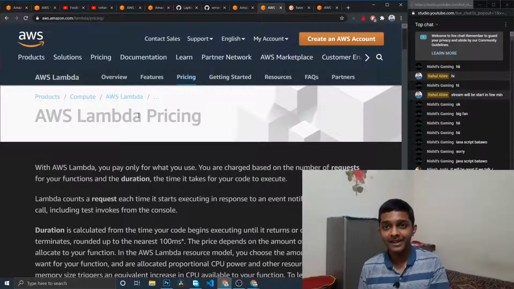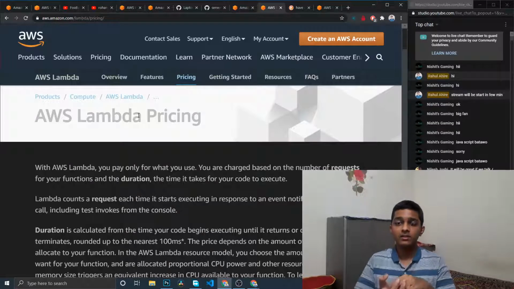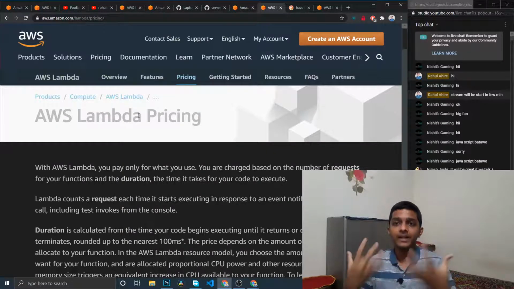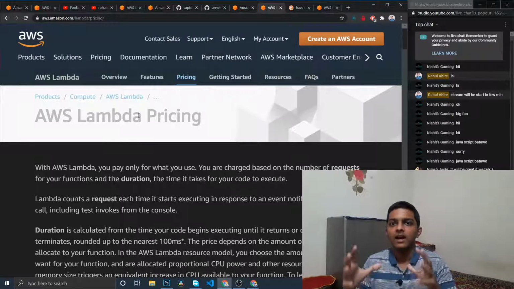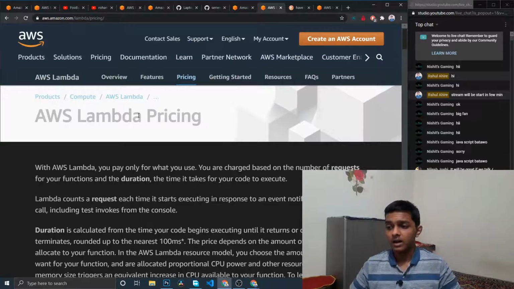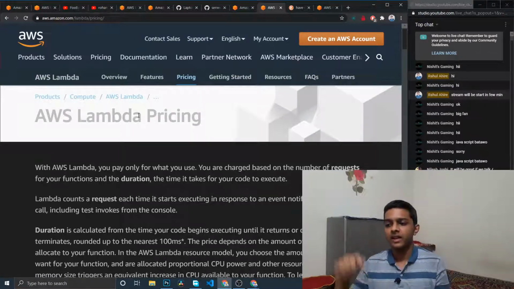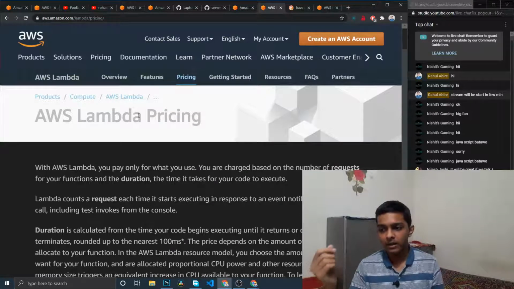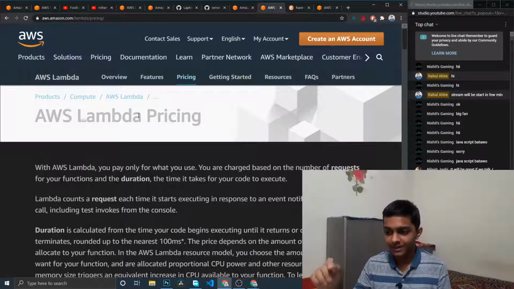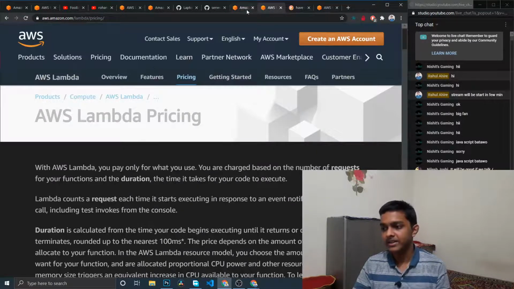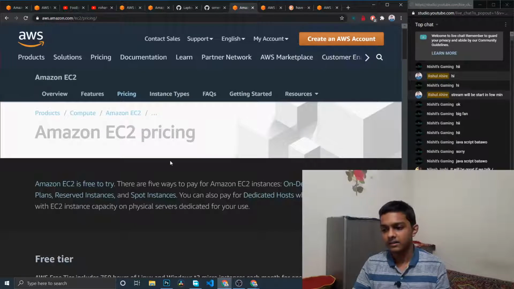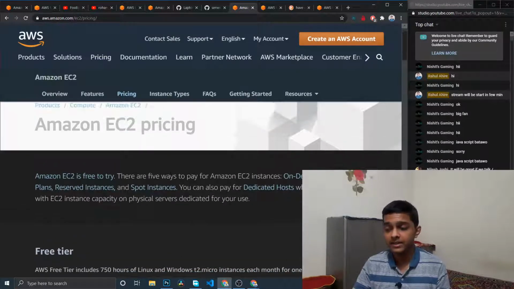Now the problem that arises is that you need constant maintenance. You need to patch that server's operating system, you need to update everything regarding it, and all that sort of stuff. And most importantly, if you are not guaranteed whether you will become profitable or not, EC2 isn't a really good service, in my opinion as well.